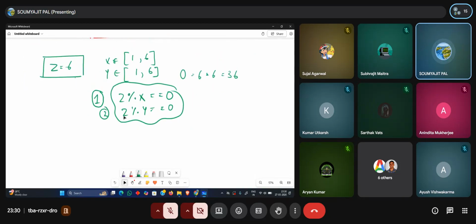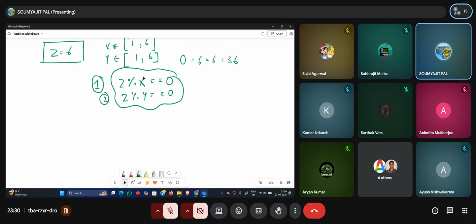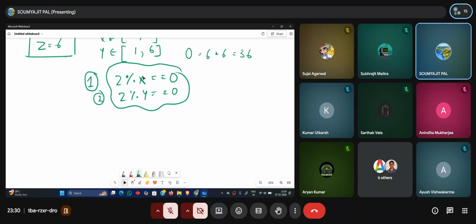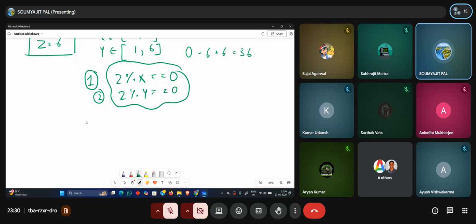Then if it is not satisfied, their LCM cannot be 6. This is the one condition that it must satisfy first. Secondly, I must say that even if both these conditions are satisfied, it may not ensure that the LCM of x and y